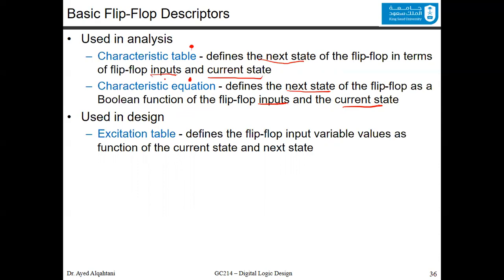Now, those 2, being the characteristic descriptors, are used in analysis. When you already have, for example, the block diagram, you know the sequential circuit, and you try to analyze it. In design, which is important to us in this chapter, we use the excitation table. The excitation table defines the flip-flop input values as a function of the current states and the next state. So given the current states and the next states, I want to know what